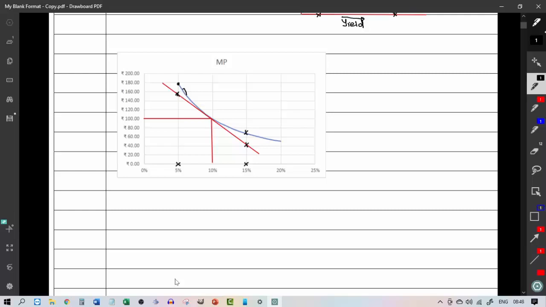Now, generally, how do you find the change in price of a bond for every percentage change in the yield? We do that by finding what is called the modified duration. So let us find the modified duration of this bond first. For that, we need to go back to Excel again.